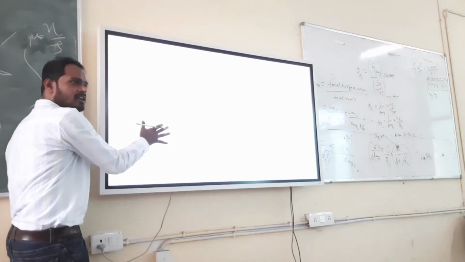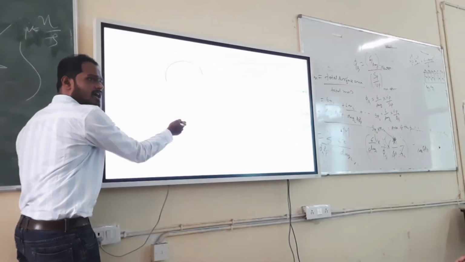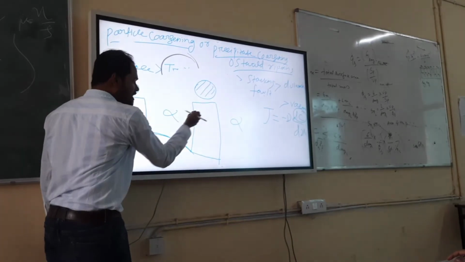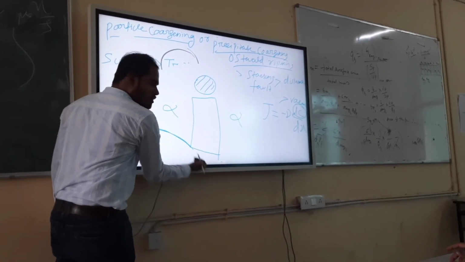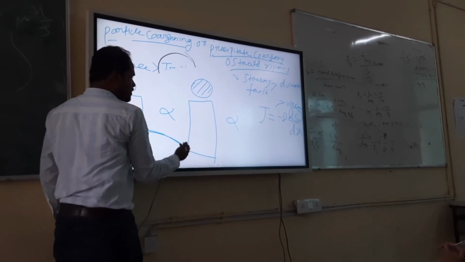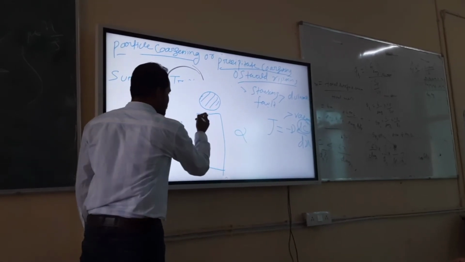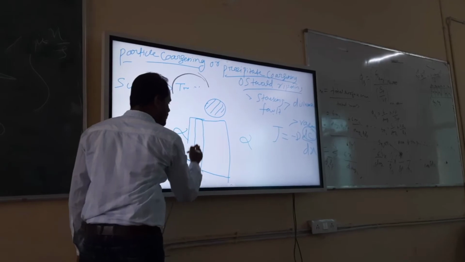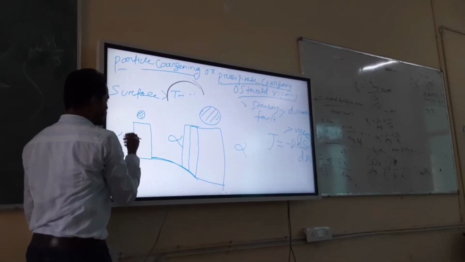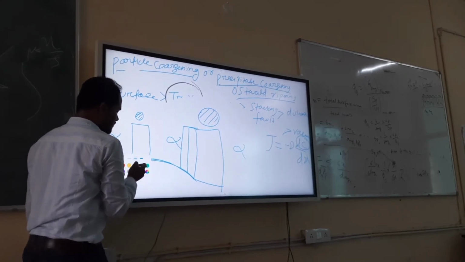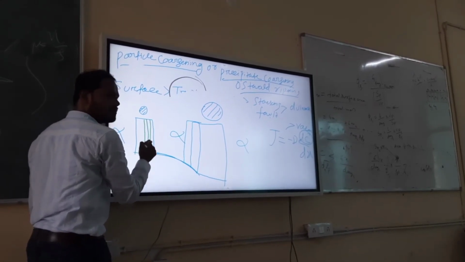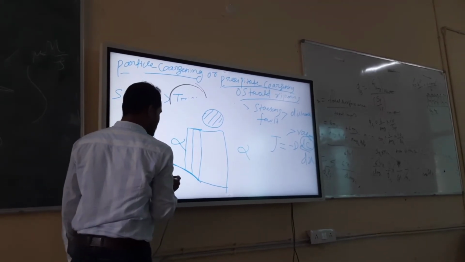So this is the diagram showing that the composition of alpha in equilibrium with the small precipitate is higher, but the composition of alpha in equilibrium with the bigger precipitate is lower. So there is a concentration gradient. Atoms will always move from higher to lower. So what will happen? With diffusion this will grow bigger, right? And this will become smaller, right? This green color means it is becoming smaller and smaller, and this blue color means it is becoming bigger and bigger.